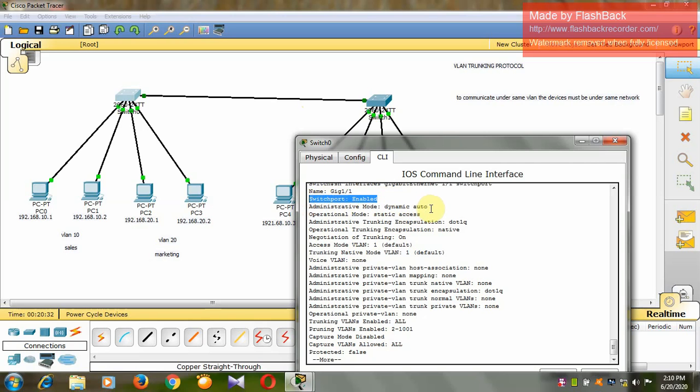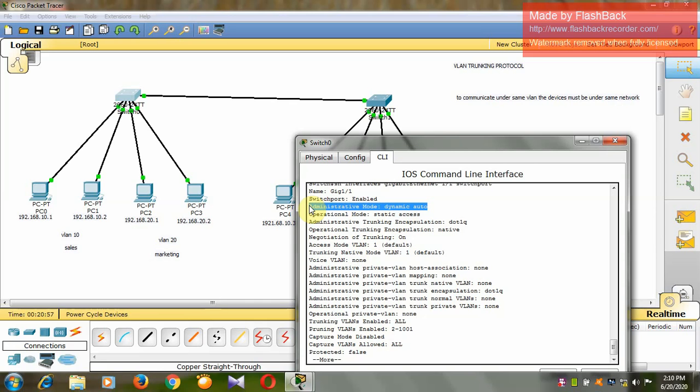Now this is the most important thing, that is the administrative mode. Here the administrative mode is dynamic auto. So what will happen under this mode? In dynamic auto, both the switches will wait to see whether either switch sends messages.